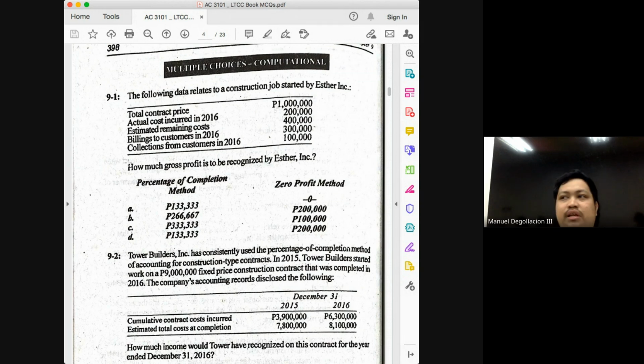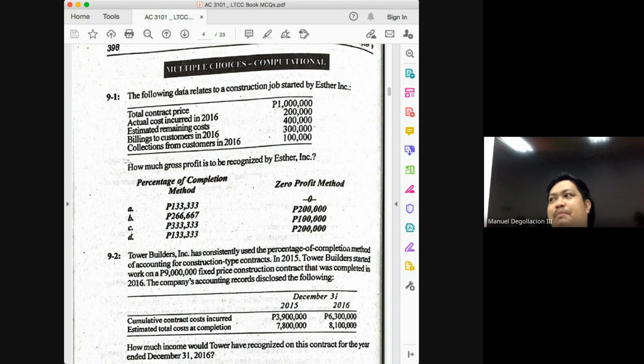Because the prepositions here are very important. Cost to complete and cost at completion are two different things. In solving for your expected gross profit, you need the cost at completion. What does the cost at completion represent? It represents the total cost to finish the project. That is your cost at the point of completion. That would be the total amount of cost that you will incur at the point in which the project will be completed.